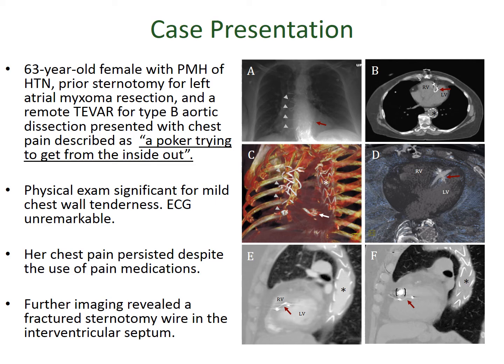Figures E and F are both chest CTs in sagittal oblique plane. E is a CTA from 2013 and F is a non-contrast CT from 2017, indicating the stable location of the migrated wire over 5 years. In Figure F, a leadless pacemaker is present, marked by brackets, which was implanted in the RV for symptomatic sinus pauses. In this case, stability of wire fragment position and the lack of further clinical sequelae supported a conservative approach.